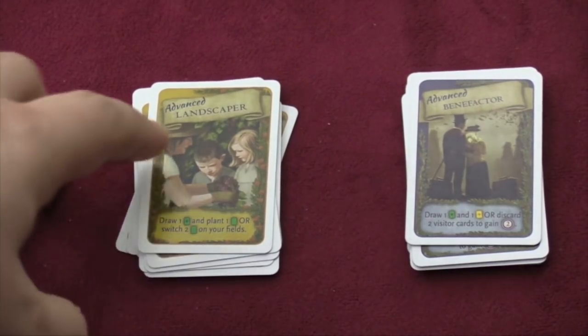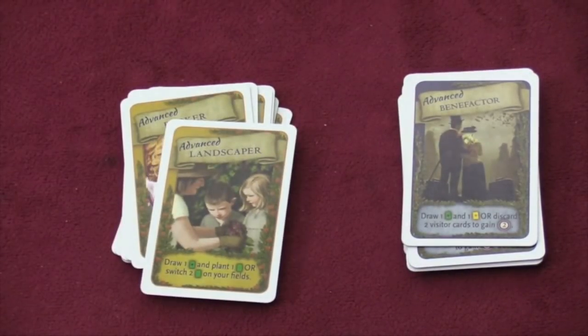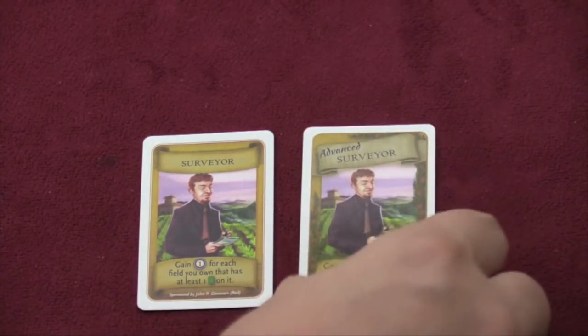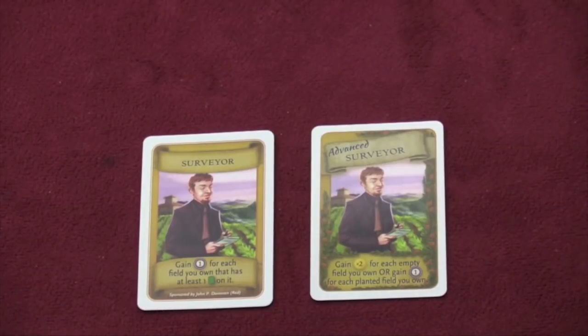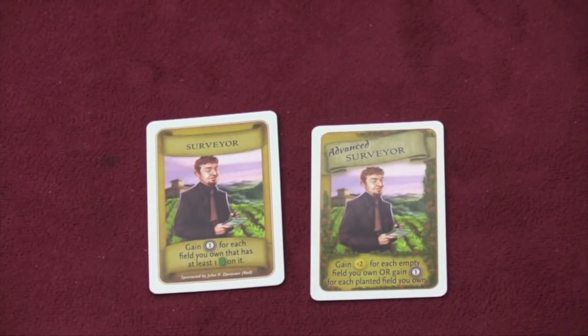Then we have Advanced Visitors. This is Advanced Benefactor, Advanced Landscaper. You can add these into your two decks of visitor cards for summer and winter. They can replace the ones that they take. For example, in the original game, you have the Surveyor here, who gives you a point for each field you own that has a Plant Vineyard card on it. Here, now you get $2 for each empty field you own, or you gain a point for each planted field you own. So essentially, the advanced ones are very similar to the original ones, except they can be used